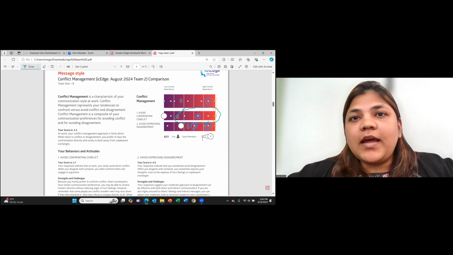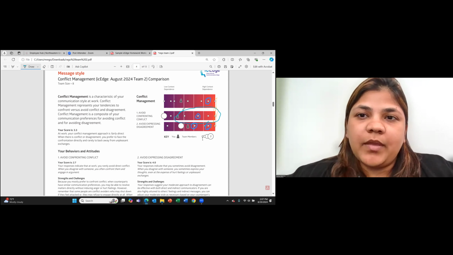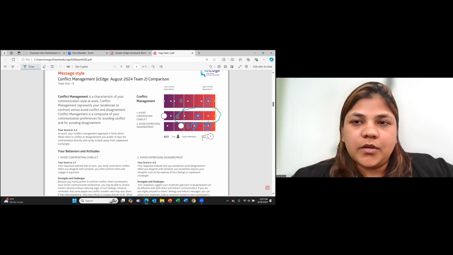How practical is that? That's a question we can ask, right? Because people are already so busy, and now they have to sit down in this one hour meeting and have to complete a survey before that. It's problematic, but I think these are different ways of accommodating people and making sure that people feel like they're included.